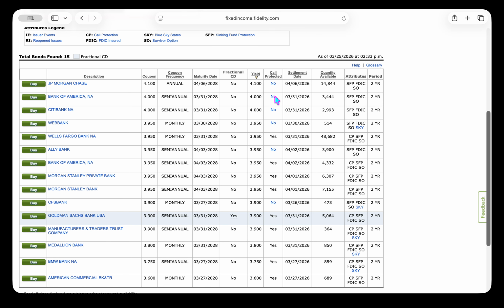And if you want to make sure that you have the CD until maturity, then you want to make sure that call protected says yes. If it says no, it means they can basically call it back from you and give you your money back, and you won't have it till the maturity date. The bank has the option of doing that. And that's why it's a little bit higher of a yield. 4.1% if it's not callable, and you don't get into the yeses on callable until the interest rate's a little bit lower than that. So definitely keep your eye out there. Make sure you pick yes if you want to be guaranteed to have it